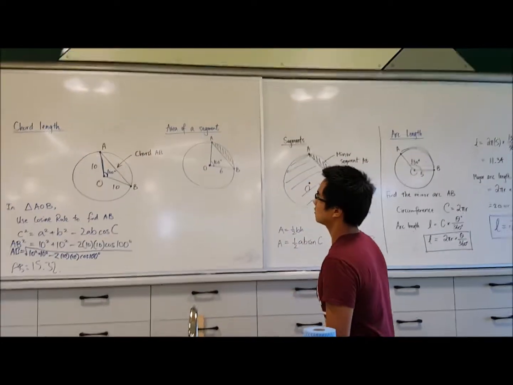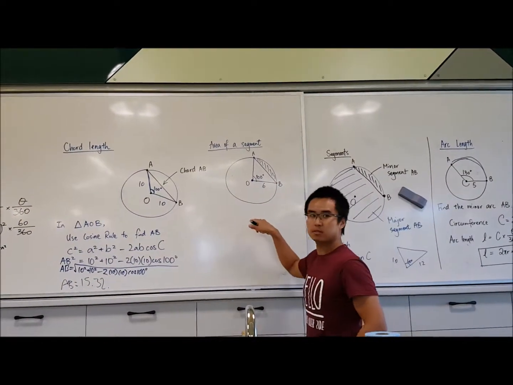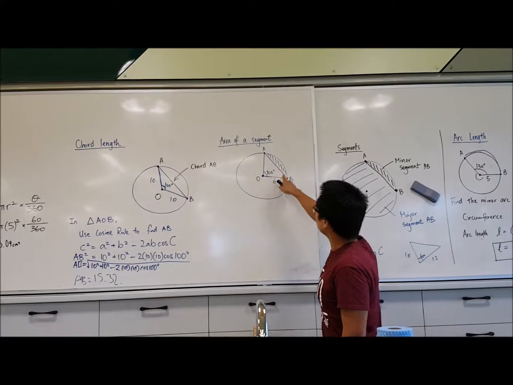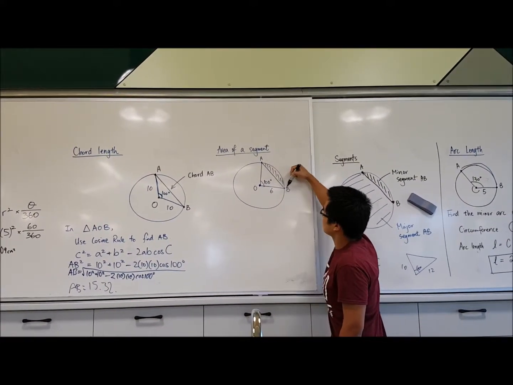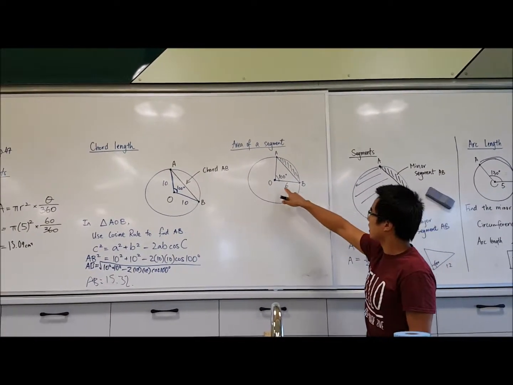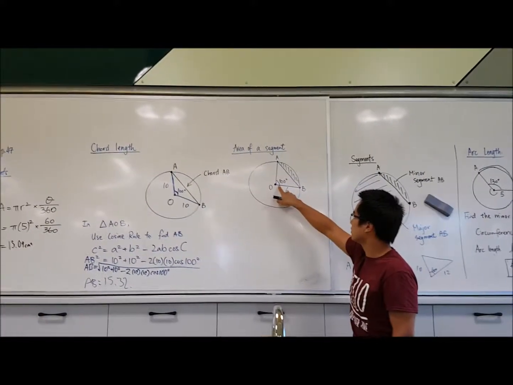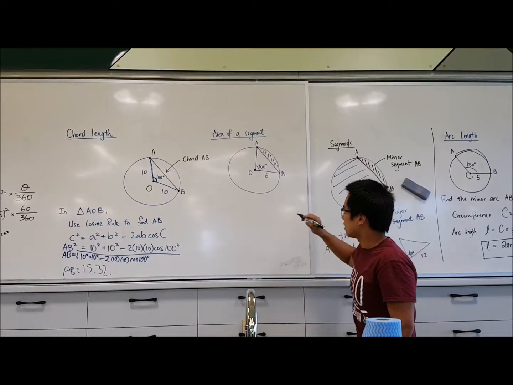Okay, the last thing we're going to do in this subtopic is the area of a segment. The area of a segment, as you remember, is the part of the circle which is cut off by the chord. So we want the area of that. In this circle, the angle that subtends the chord AB is 100 degrees, and the radius is 6. So to work out the area of a segment,